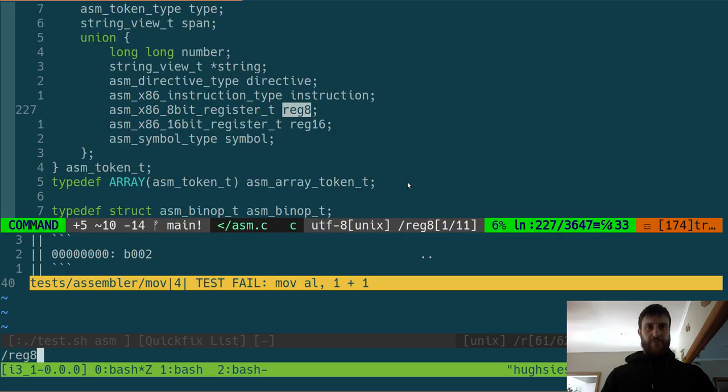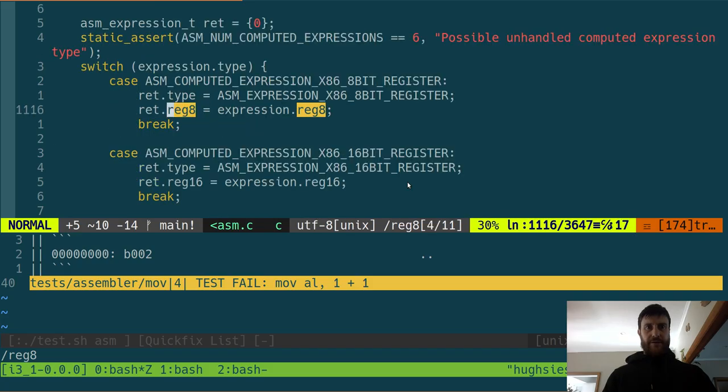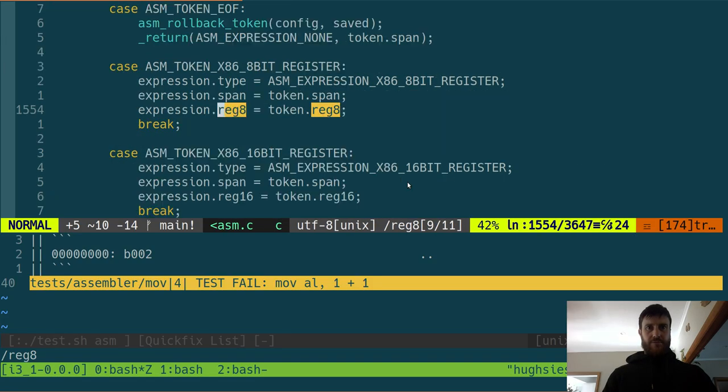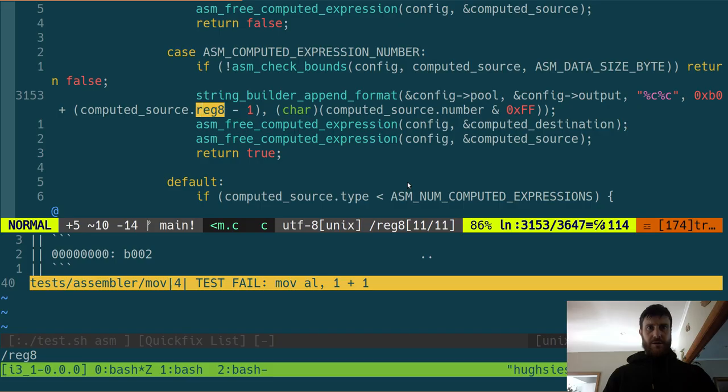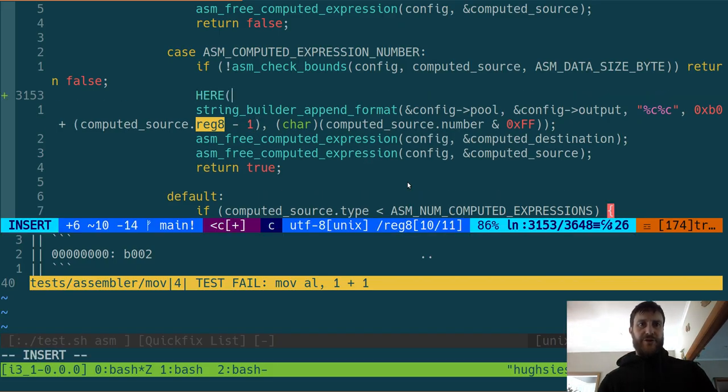So when we get reg 8 out of the thing, at this point here, we do the reg 8 minus 1. So reg 8 equals a string, and we can x86 8-bit register strings of